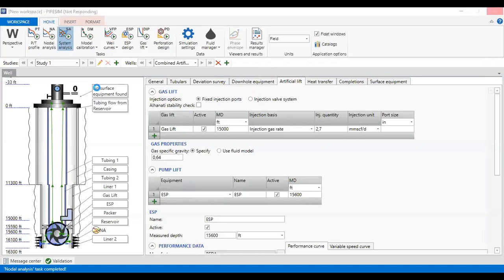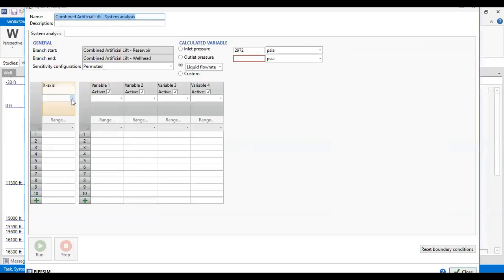Okay, let's wait a little bit more. All right, and we can do for the x-axis gas lift injection rate. I want to start from 1, 2, 3, and then 4 to 5.